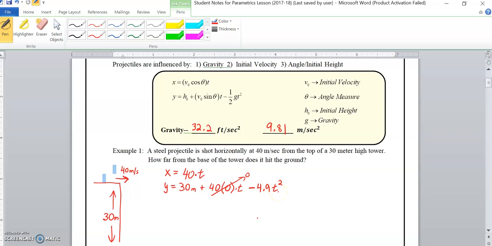So the question is asking how far from the base of the tower does the projectile hit the ground? And this is where what we determined is, if we have an object that, let's say, we free fall, we just drop the object from the edge of the tower here. If we drop it from 30 meters, it's going to have a certain amount of time that it's